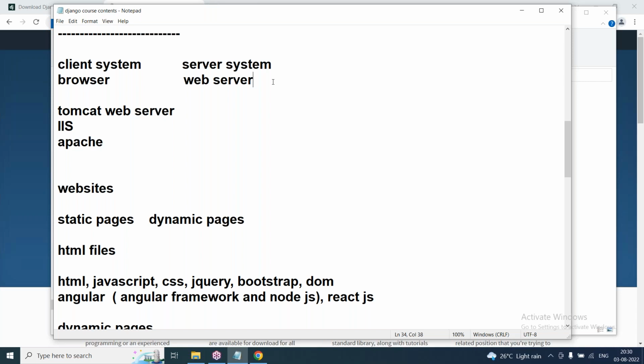So a web server is a software or an application used to store and to run websites. One server system can have multiple web servers. Here, when we are working with Django, when you are learning and practicing Django,